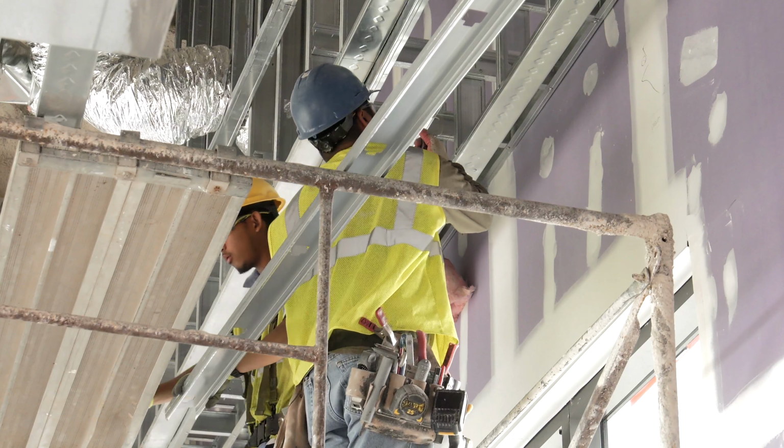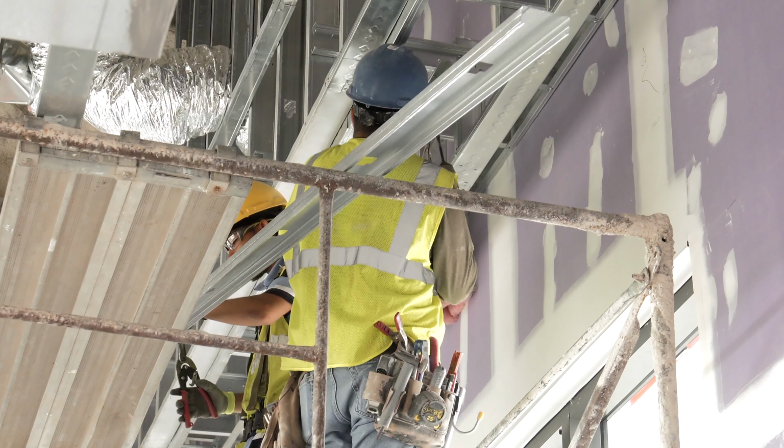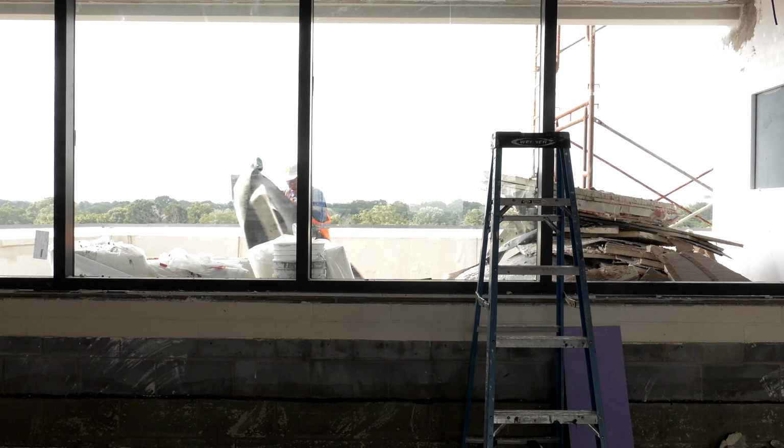on the storefront windows. You'll also notice that they're working on the storefront framing, getting that all finished, and the final glazing pieces put in the next couple of weeks. We're also going to start conditioning the space once we have all the glass in place and all the demo